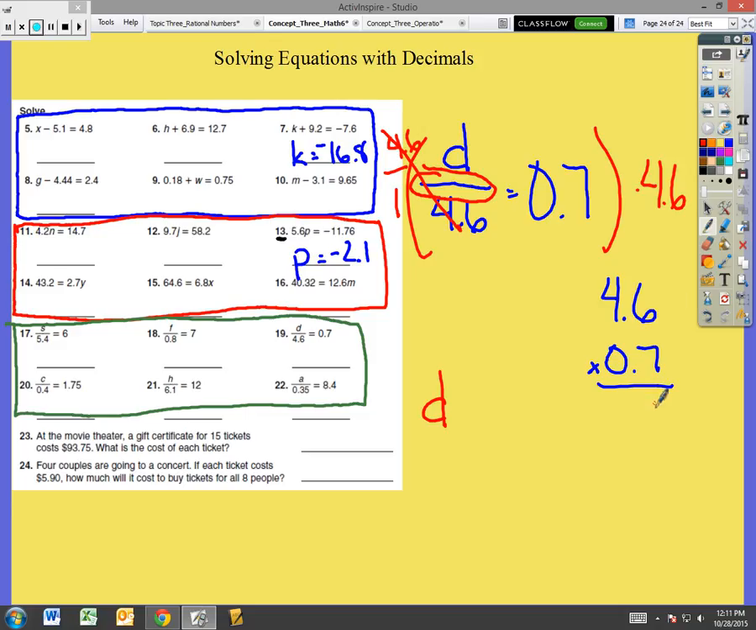6 times 7 is 42. The 2 goes here. The 4 goes up here. 7 times 4 is 28. 28 plus 4 is 32. Move the decimal over once, and over twice, so move over twice in my product. 1 and 2. D should equal 3